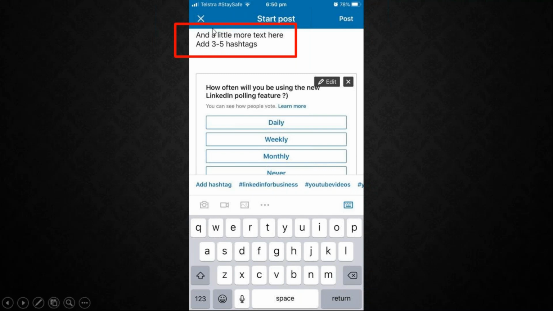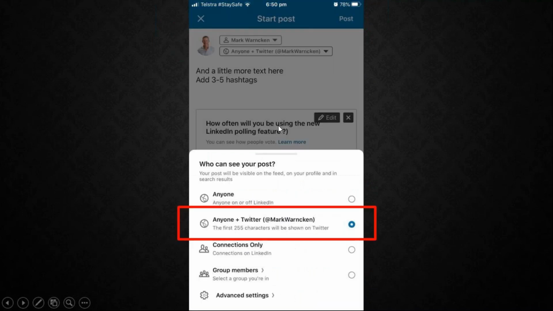Best practice everywhere on social media these days, not only on social media but on LinkedIn as well, is adding hashtags. 3 to 5 hashtags seems to be the ideal sweet spot here on LinkedIn. So you add your hashtags relating to the content of your poll. That way it'll help people find it via search and any other methods that they're trying as well. So we do that, we're almost done, a few more clicks and away we go.